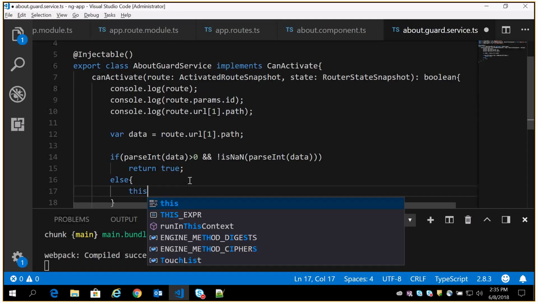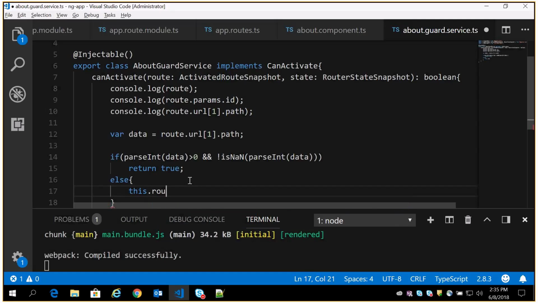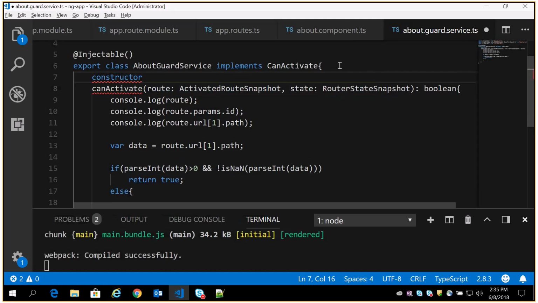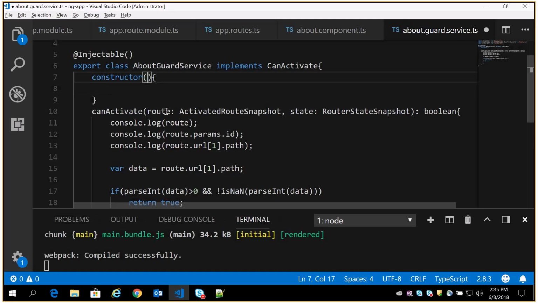So this.router we don't have, right? Okay, so we need to inject it and get it. Constructor, public router.